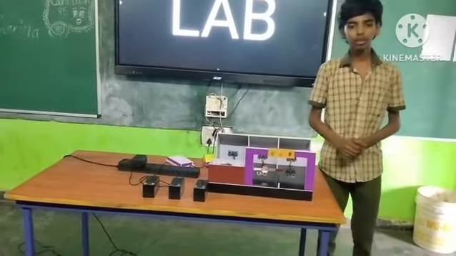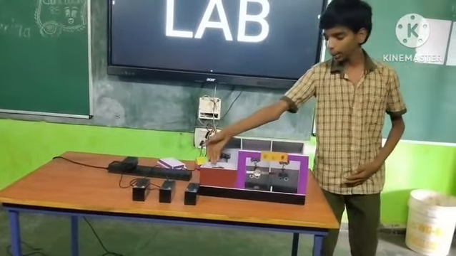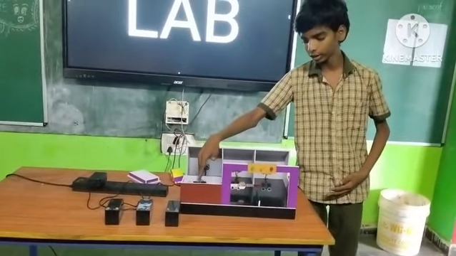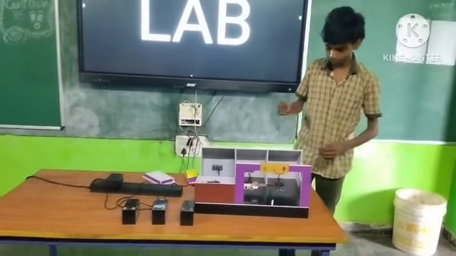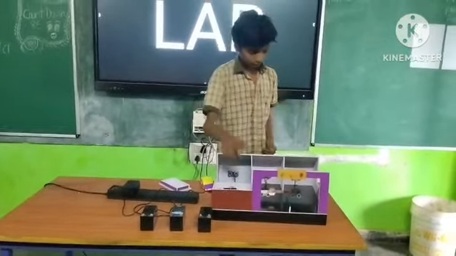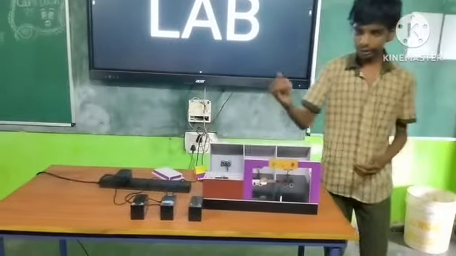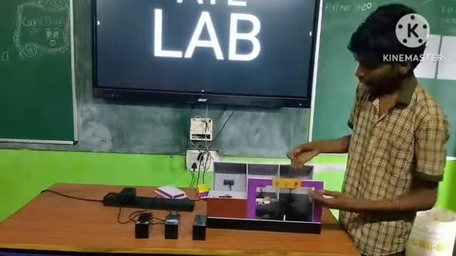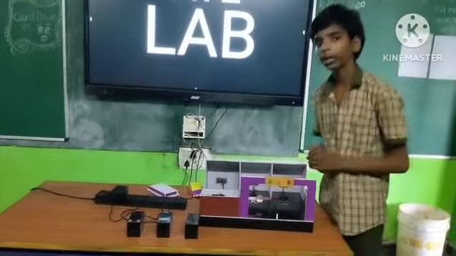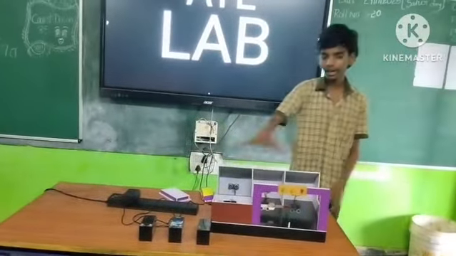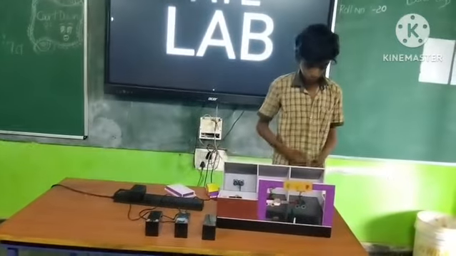Components explanation: Arduino Uno. Arduino Uno is the main controller of the parking system, and it reads the data from the ultrasonic sensor. Arduino Uno controls the LCD display, LED bulbs, servo motor, buzzer and gate. All of this is controlled by the Arduino Uno.